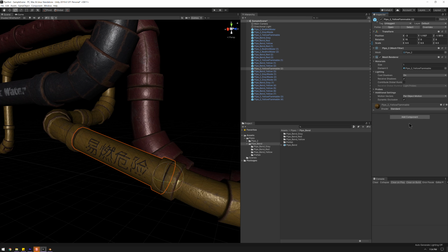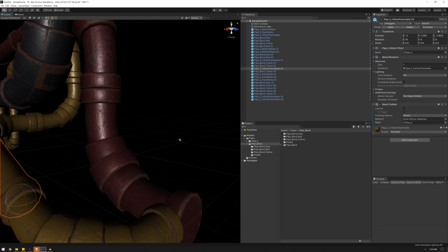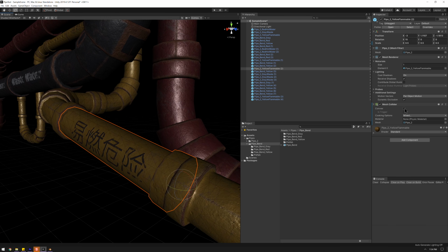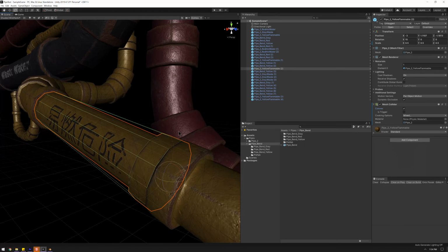However, if we remove that and add something else like a mesh collider, this is where it's going to get a little bit nasty. Well, one, I'm going to turn isConvex on. This way it can actually interact with multiple rigid body objects. But more importantly, you'll notice that we've got this sort of space now. And if this was a high poly object, we could end up with a very high poly variation of this